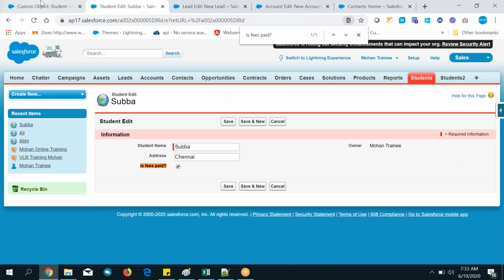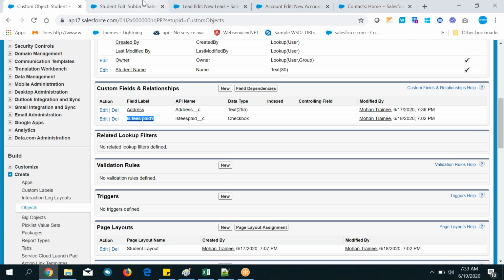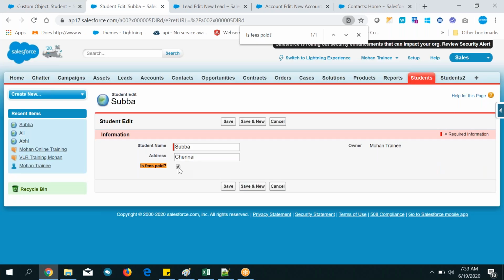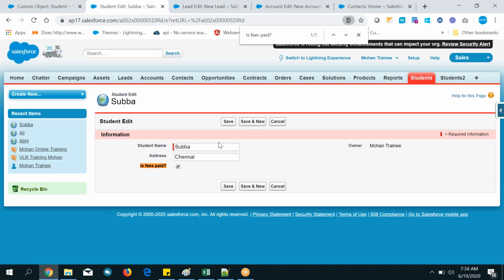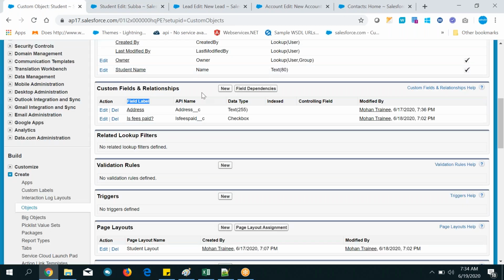And what is the output of the checkbox data type? Like this is the output of the checkbox. And the use is what? If you check it, the business will think this guy paid the amount. If you uncheck it, this guy didn't pay the amount. For business it will work like that. Okay, next. Now we can come and see. Field label name is used to display on the record. That we understand.